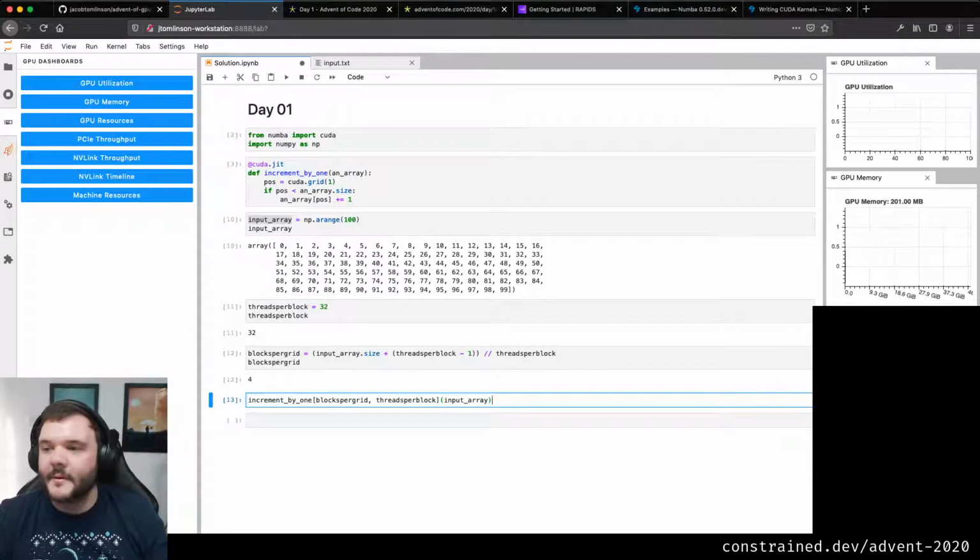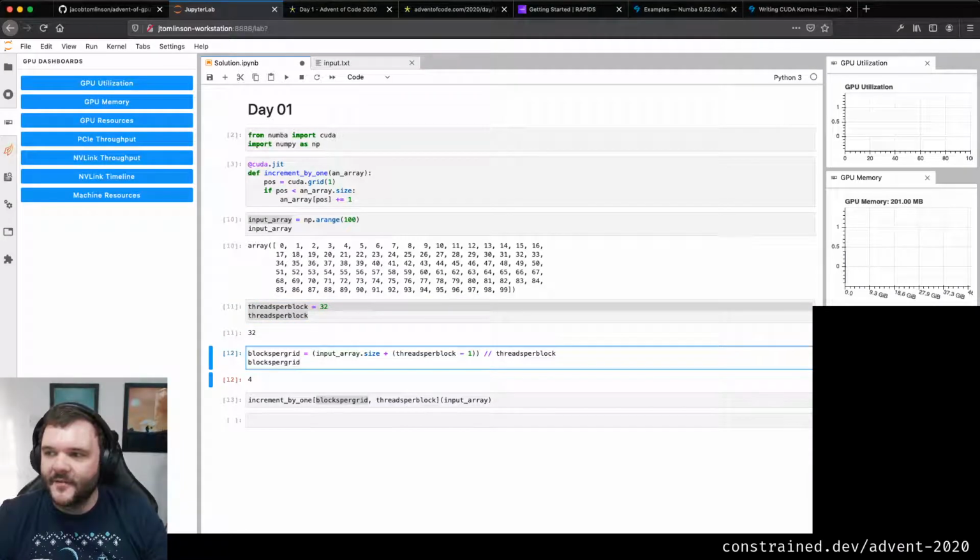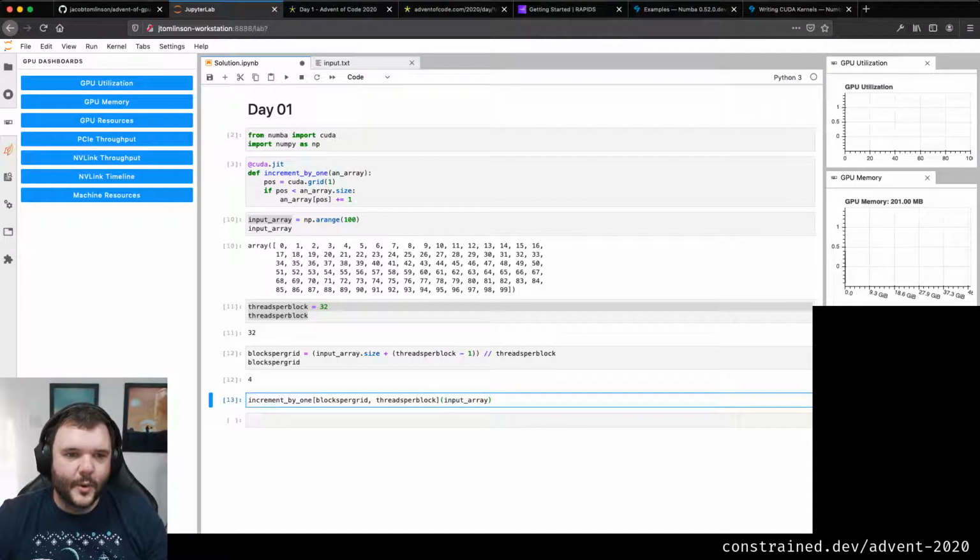It's not giving me any output, because like I said, these kernels don't return anything. So we've just incremented by 1 in this layout over our input array. These numbers are kind of whatever you want. So if we put 32 threads per block, I could put like 100 in here. It will call it of that size. It's just that loads of it is unnecessary. So all we're doing with these numbers is trying to work out what's the minimum amount of calls that CUDA needs to make to work over all of this.